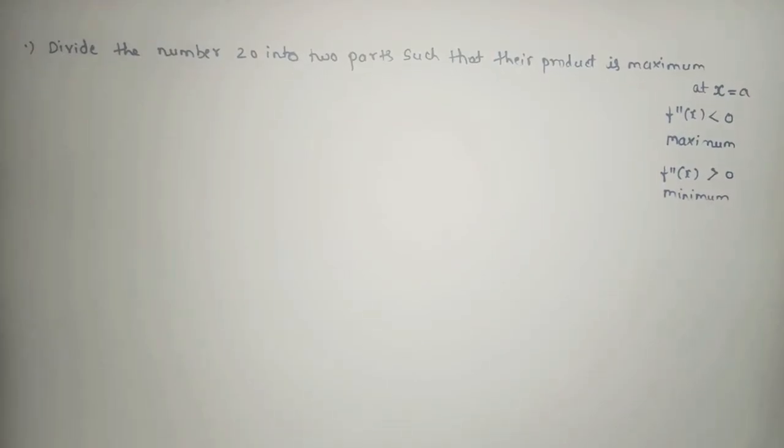Hello students, as in the last lecture we saw the sums from exercise number 4.3. The sums were based on maxima and minima. We completed question number 1, in which there were three sums. The first sum was a basic algebraical one, and in the last lecture we saw one sum which was very important, that is question number 2 and question number 3 from your question number 1.